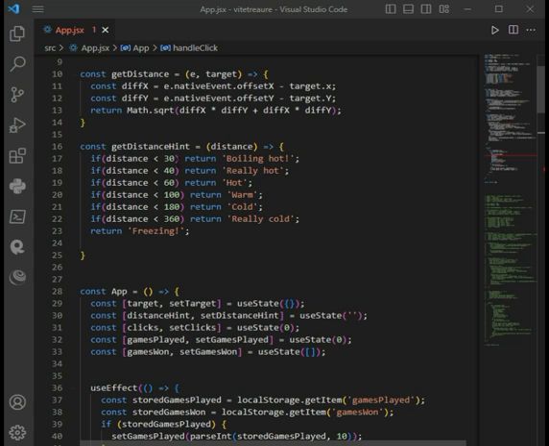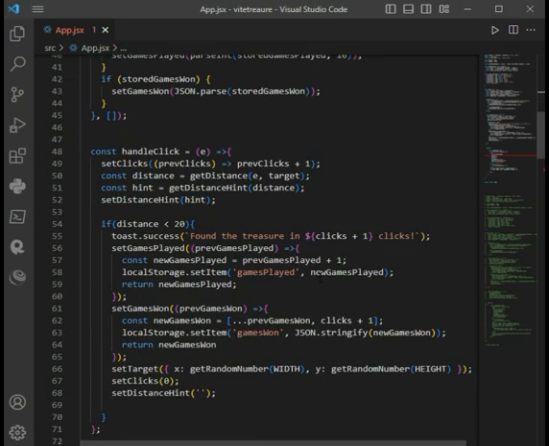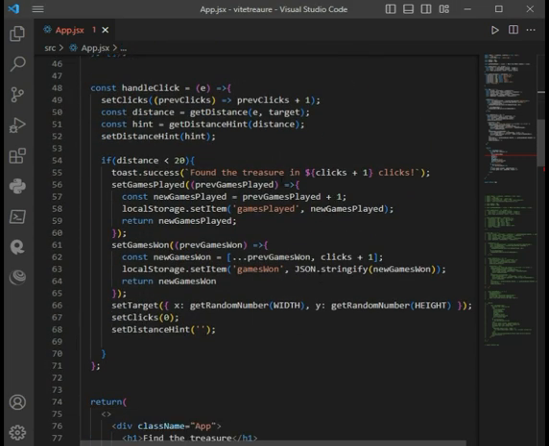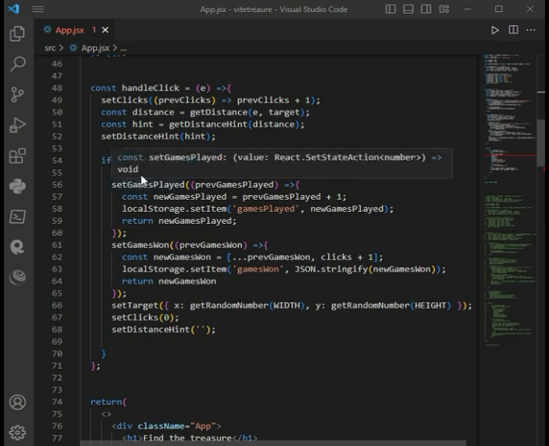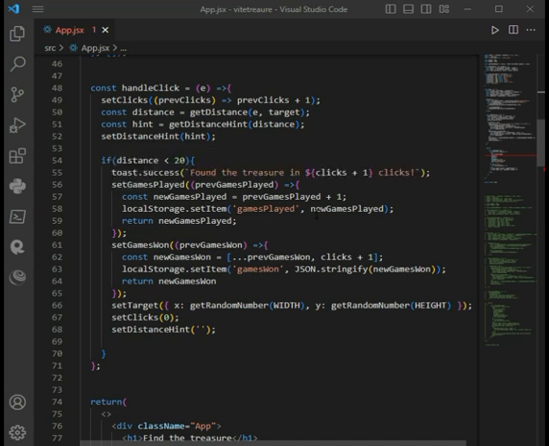If 30 is boiling hot, then 20 is much more than that. So we can consider that the treasure is found. So the 20 pixel margin ensures the game throws an alert or this toast success message saying that